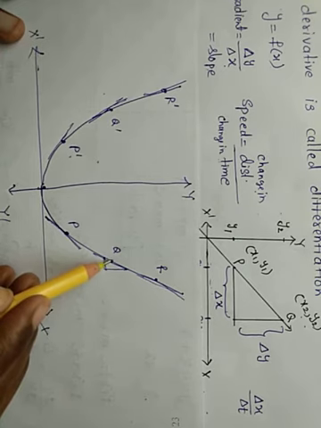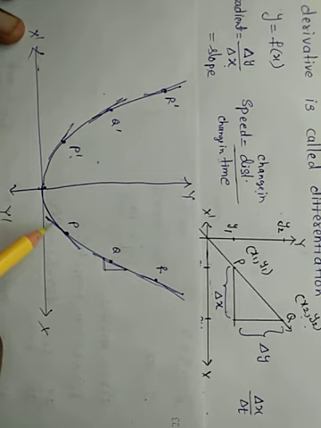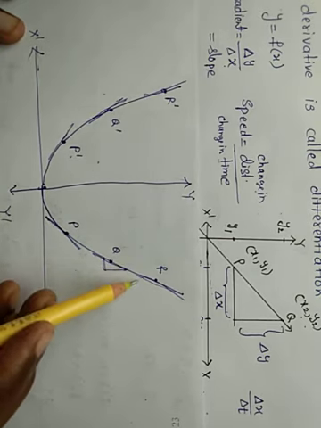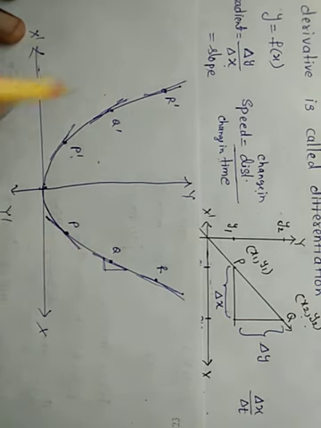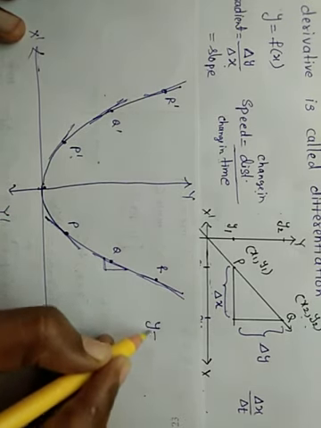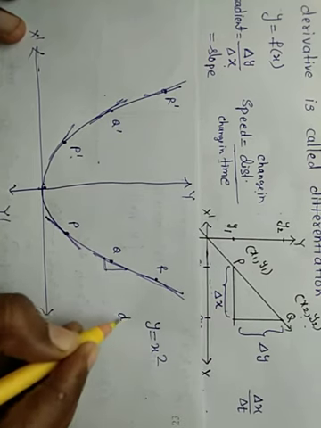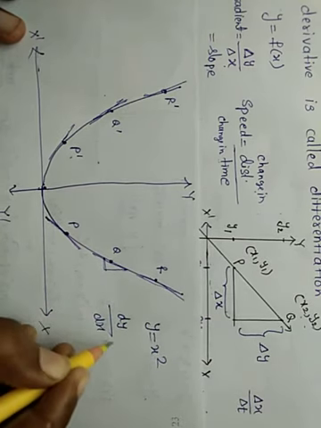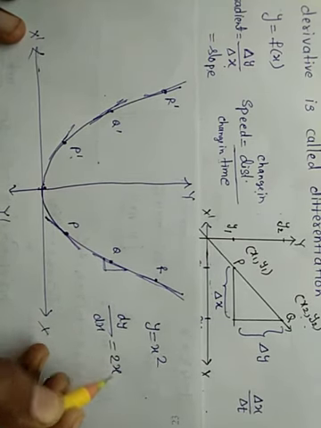At point Q you can find, at point R, at point P, and you can see it's changing. Its slope is changing in this case. Similarly on the left hand side also you can see. It means it depends on x. In this case it is depending on x, and thus when y equals x square, what we got? dy by dx is equal to 2x. This is what we got.